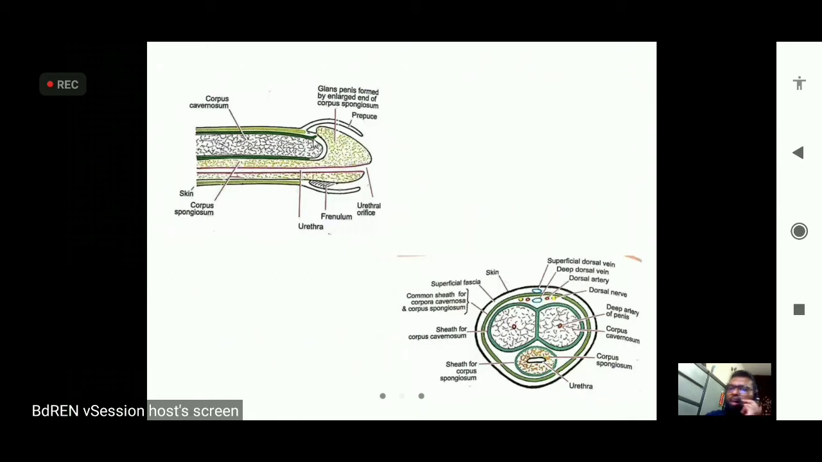If I now come from outside, this is the skin, then the superficial fascia, which has some layers and a common sheath for the corpus cavernosum and corpus spongiosum. This one is the common sheath for the two corpus cavernosi, and this one is for the corpus spongiosum. The skin of the penis